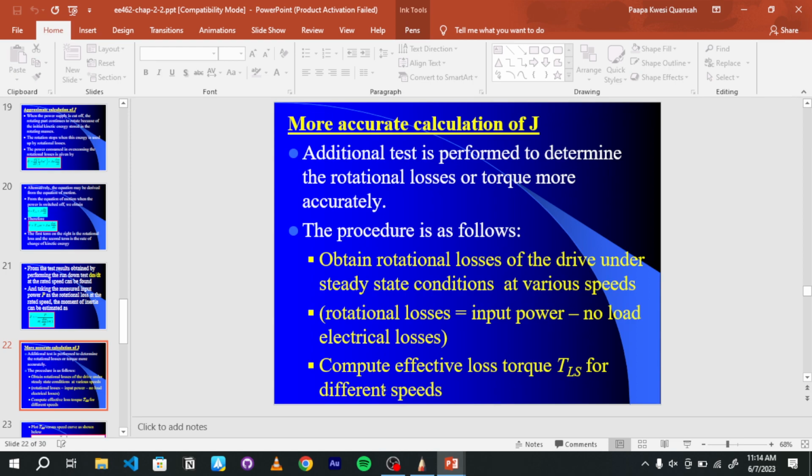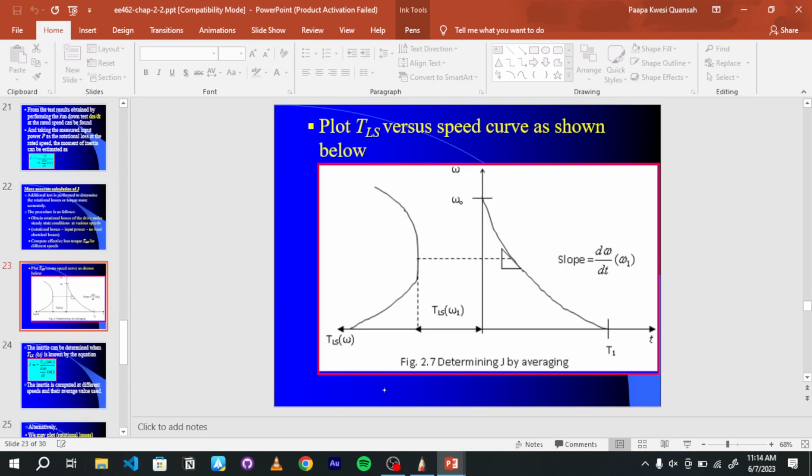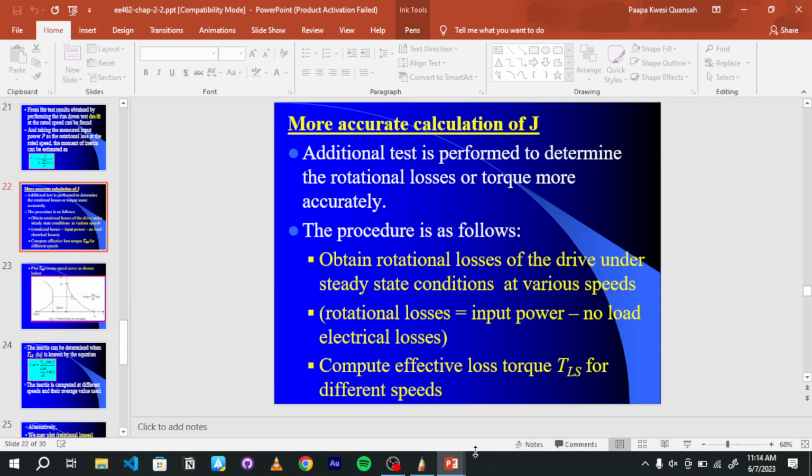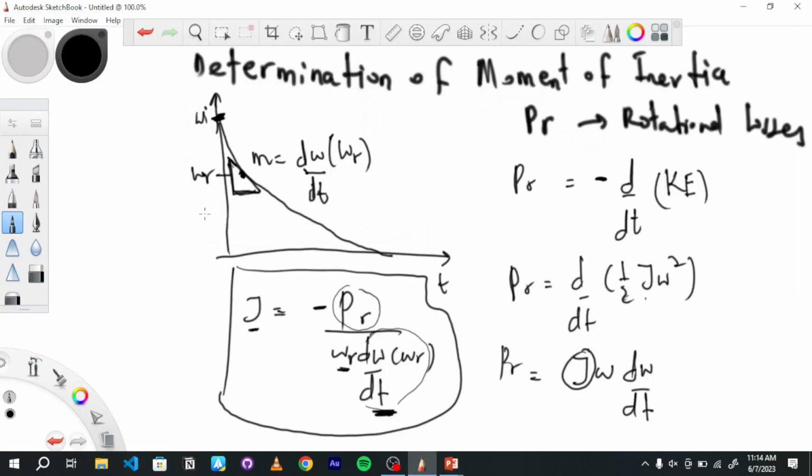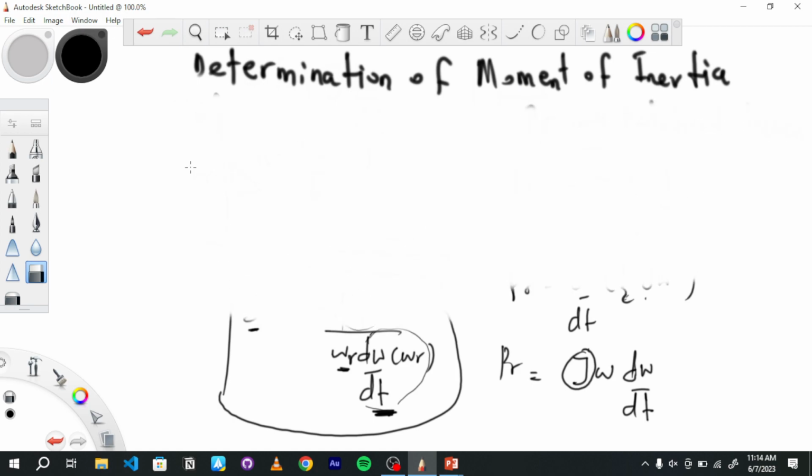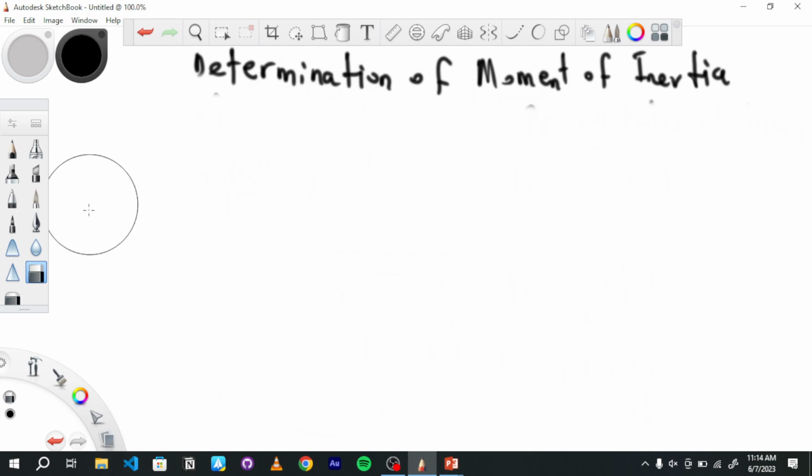Now, let's find a more accurate way of determining J. In this case, we have to consider the fact that there could be some electrical losses in the system. Please take note of this first part. We'll take a numerical example. So let's see a more accurate way. A more accurate way is to now